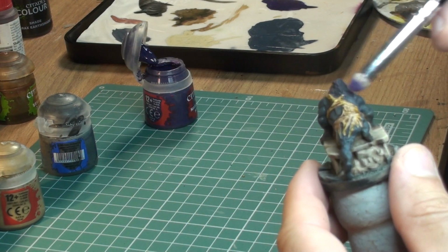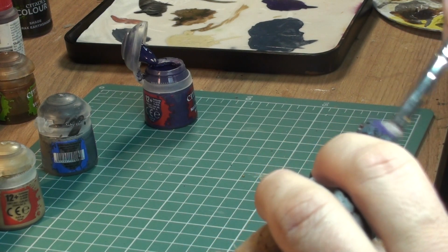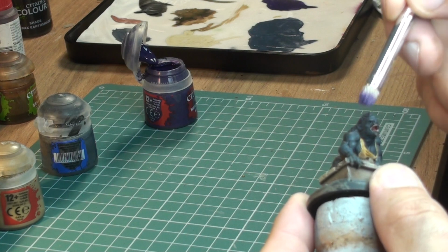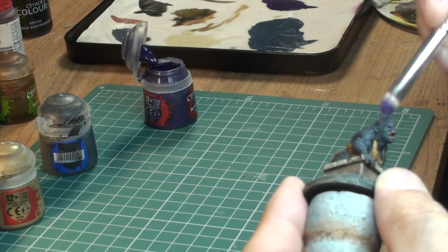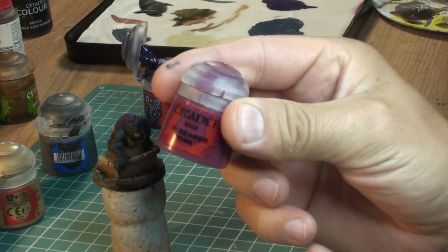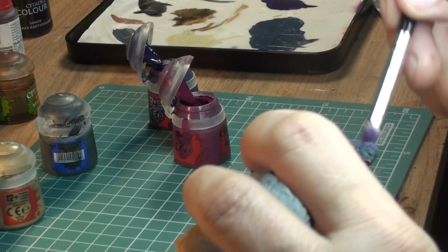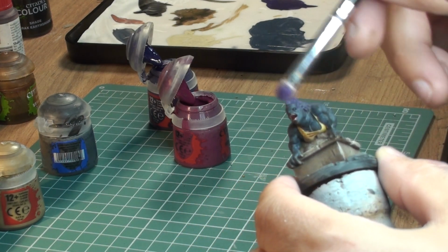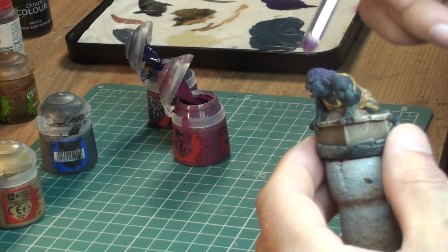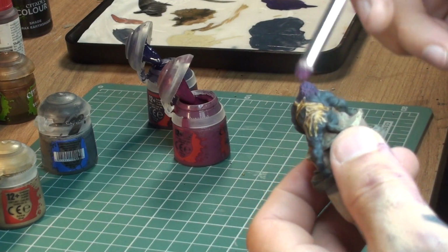Now we switch to the head, so first we're gonna do a bit of dry brushing with the Nagarath Night, and then we're gonna switch over to our further highlights for this part of the model. So as you can see, I switch over to the Screaming Pink, so we're gonna do a bit of that again. You don't cover the whole lot, you just do mainly from the top,